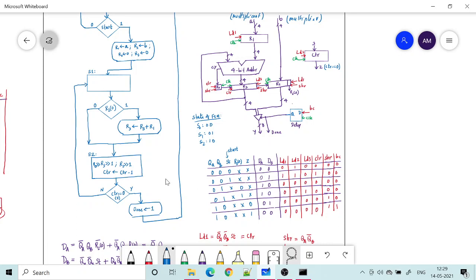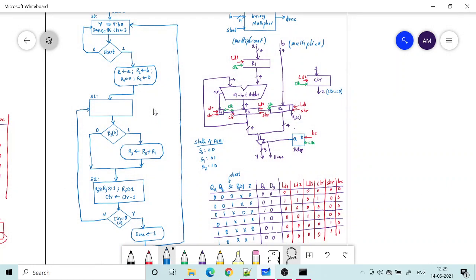By that time my counter becomes 0. If it is 0, I come out through this side and make my done output become 1. Done is the same as my tri-state buffer output, which will come from the registers R3 and R2 combined.